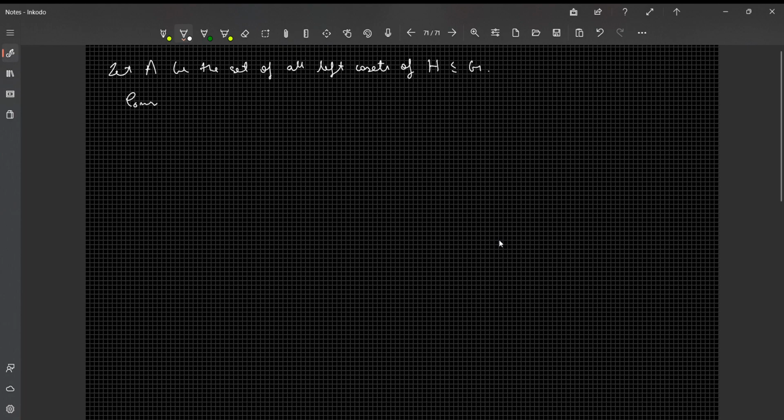Consider G acting on A. So how are we having this action? So G acts on the element, let's say aH, by the coset gaH. Clear? For all g in G and a in G. Clear? Now obviously, if H is the identity element e, the trivial subgroup, then aH is nothing but the